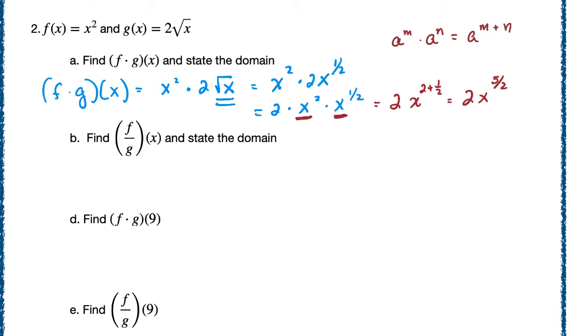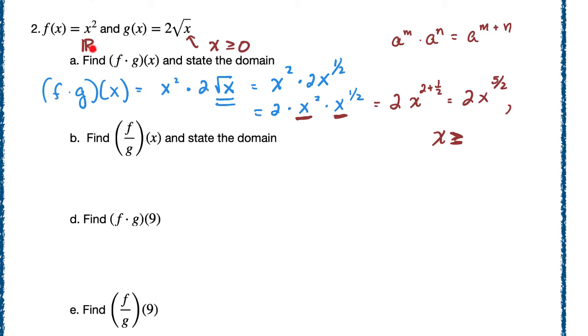Let's work on the domain for this now. So we'll just put a comma and then we'll state what x is. And to figure out what x is, we'll look up here at the original problems. F of x, see that's an x squared, that's just a polynomial function. All real numbers. Here we've got an x under the radical, so whatever the radicand is has to be greater than or equal to 0. And when we state the domain for the overall function that we've built here by multiplying the two together, we want to use the most